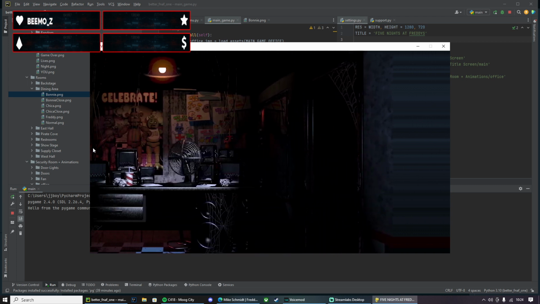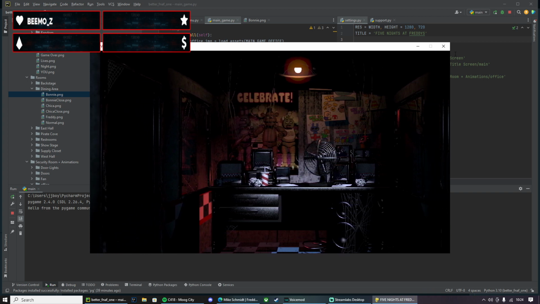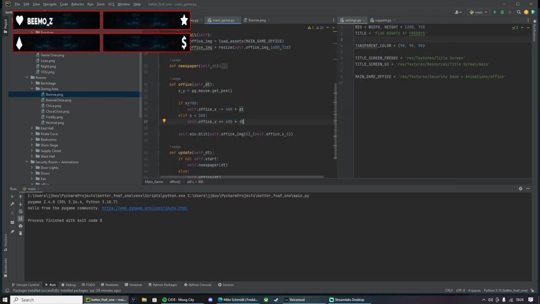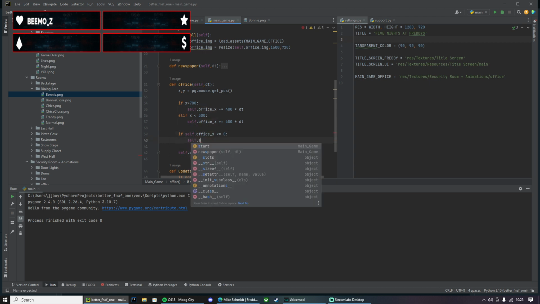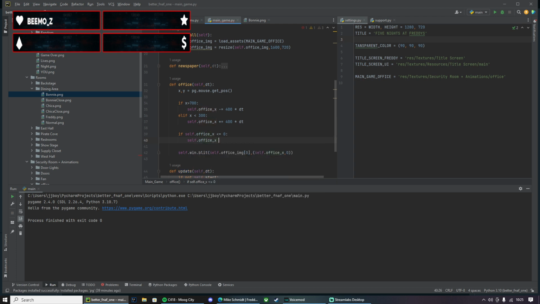Okay, but now we're going to try and make some boundaries. The first one's easy. If self.x is less than or equal to 0, then we will do self.officex equals 0.